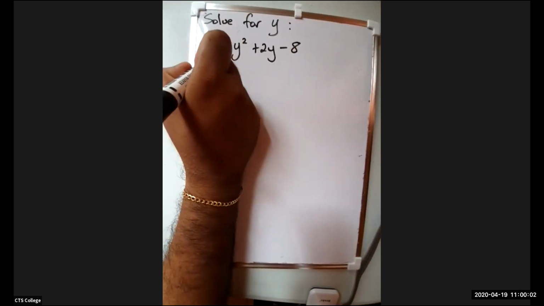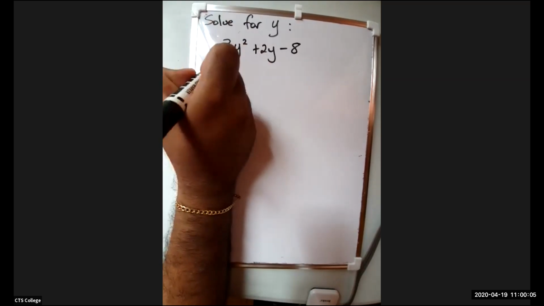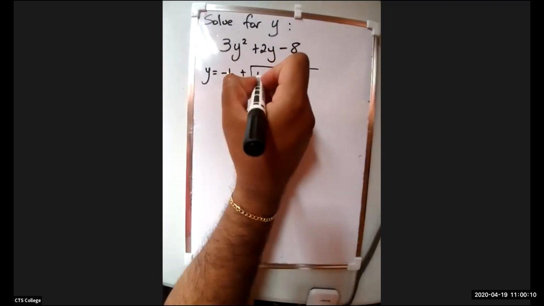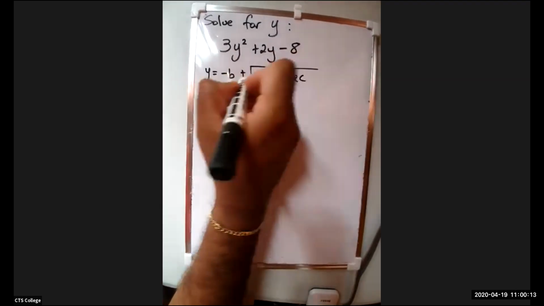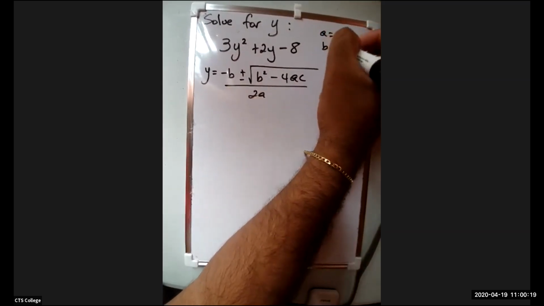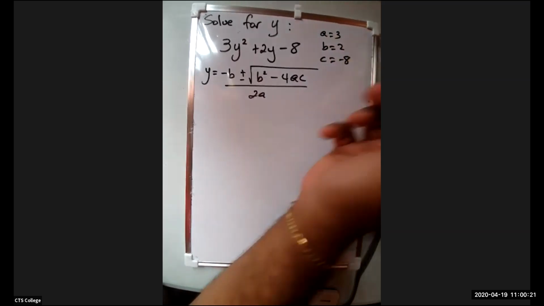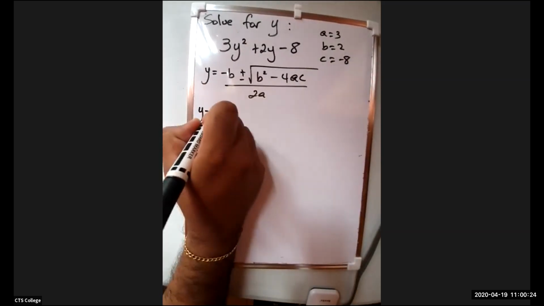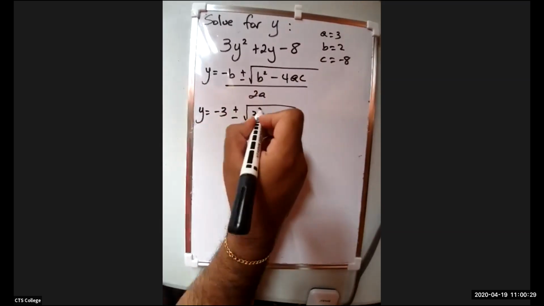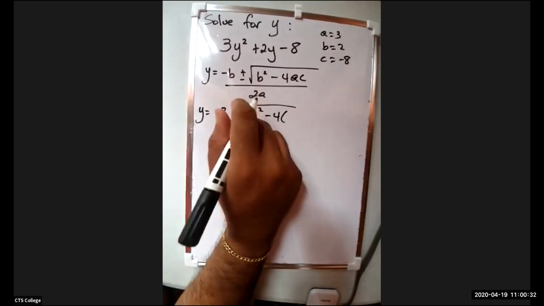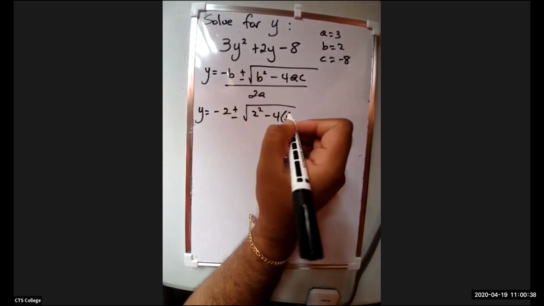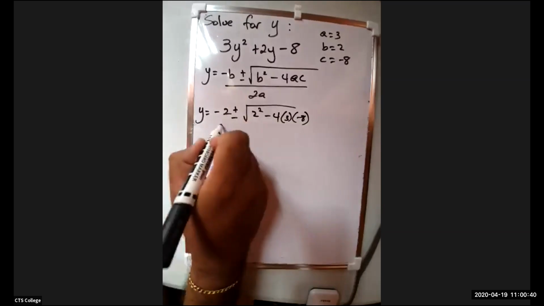All right. So let's start with the question. y is equal to minus b plus or minus the square root of b squared minus 4ac all over 2a. So the value for a is 3, the value for b is 2, and the value for c is -8. So y is equal to minus 2 plus or minus the square root of 2 squared minus 4 by a, which is 3, and c, which is negative 8, all over